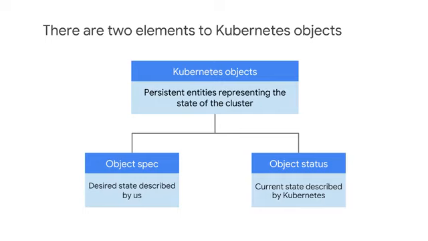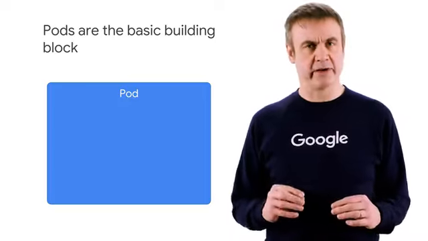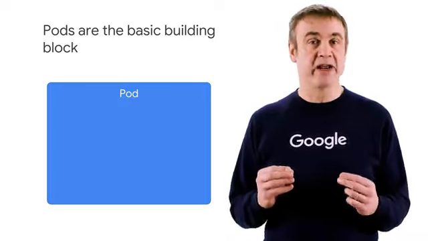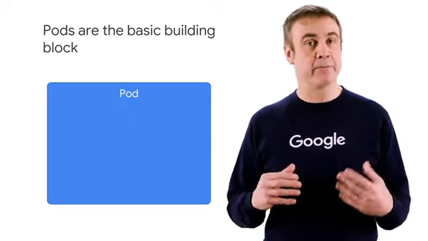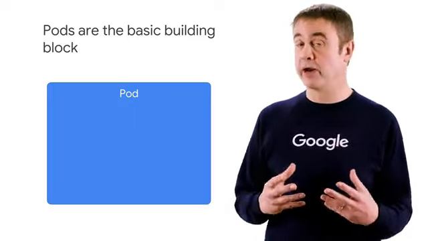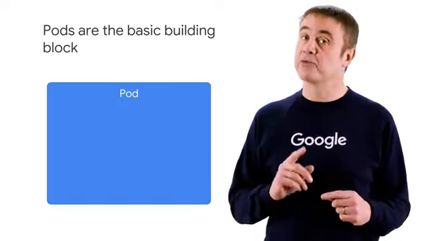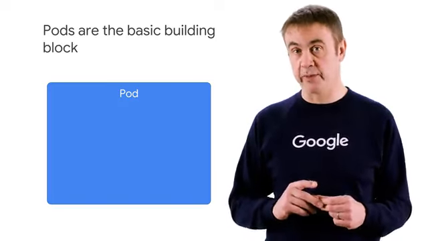By the way, we use this term Kubernetes control plane to refer to the various system processes that collaborate to make a Kubernetes cluster work. You'll learn about these processes later in this module. Each object is of a certain type, or kind as Kubernetes calls them. Pods are the basic building block of the standard Kubernetes model, and they're the smallest deployable Kubernetes object.